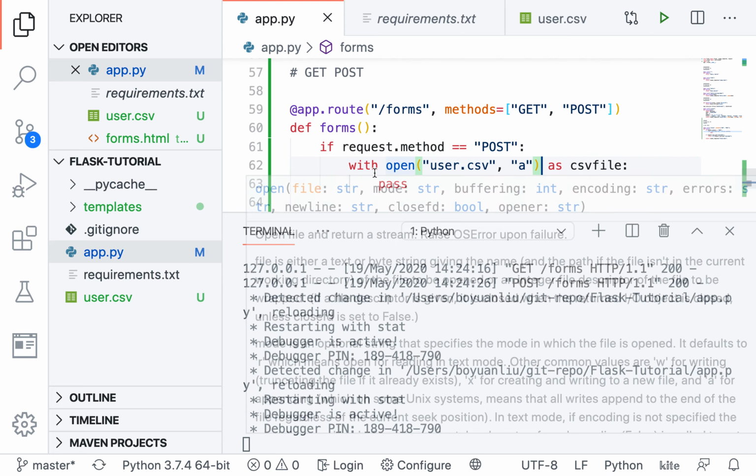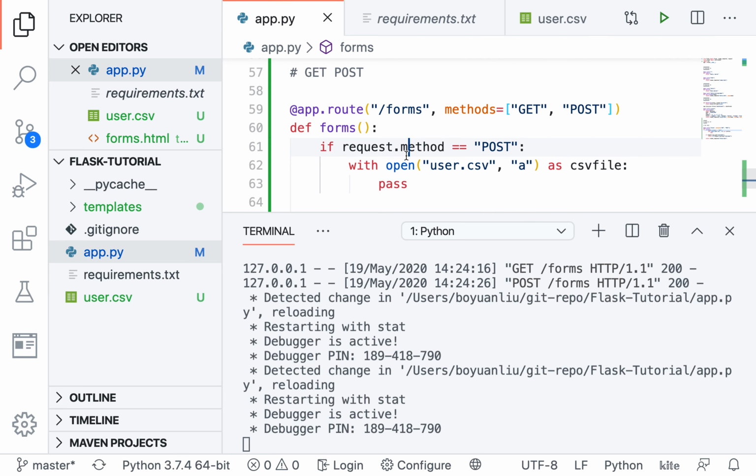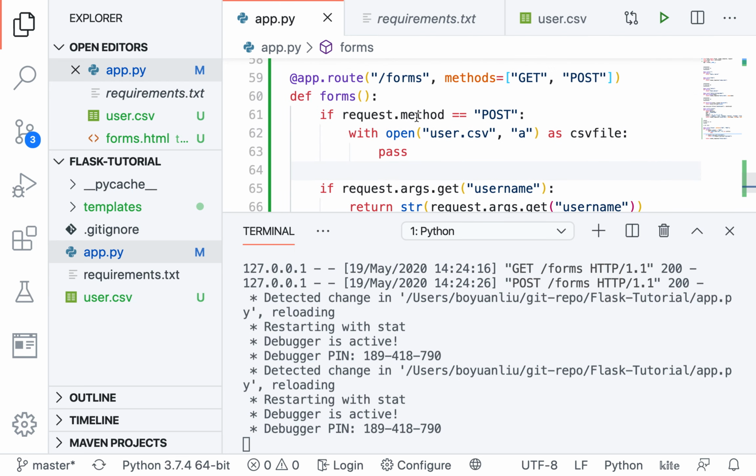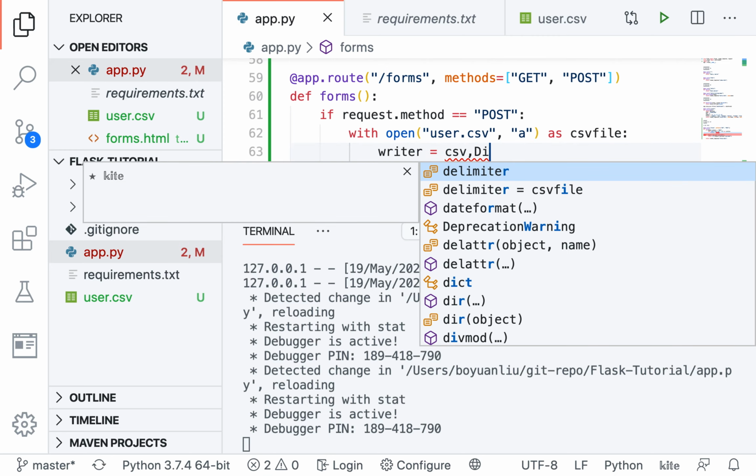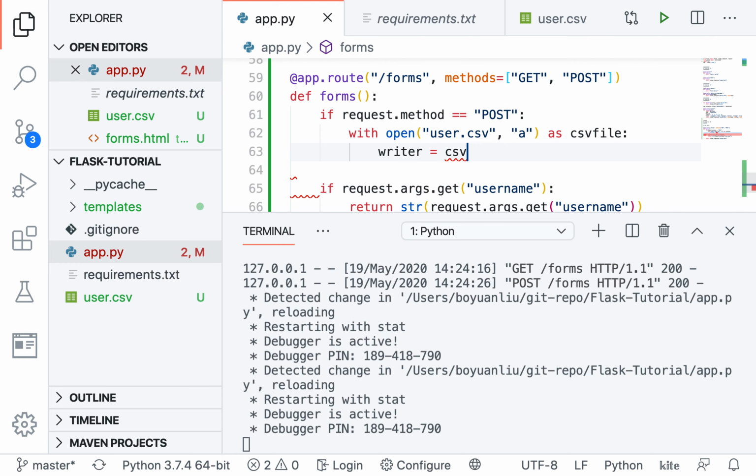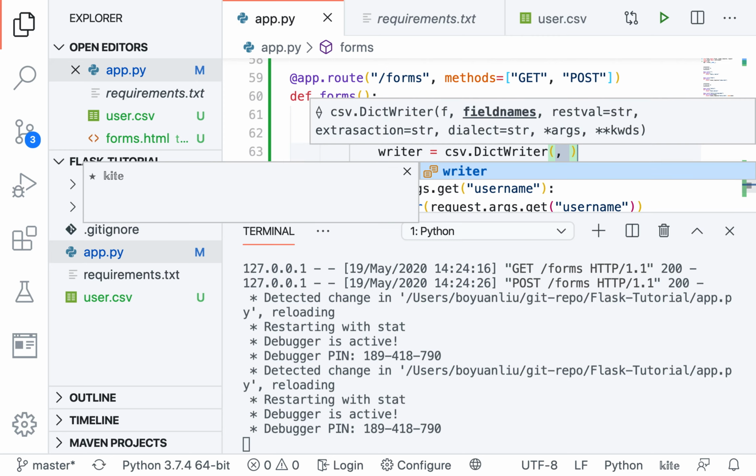It's only done when you open a file with this statement, which does it automatically. After you go outside of this indentation level, it automatically closes for you, so you don't have to worry about it. We're technically creating a variable, which is csv_file, shorthand notation for all this stuff. We're opening in append mode, so you don't overwrite the content. So let's create a writer, csv.DictWriter. I'm not going to go too deep on how the CSV module works, because that's just a little fun add-on. So we can say csv_file, let's say